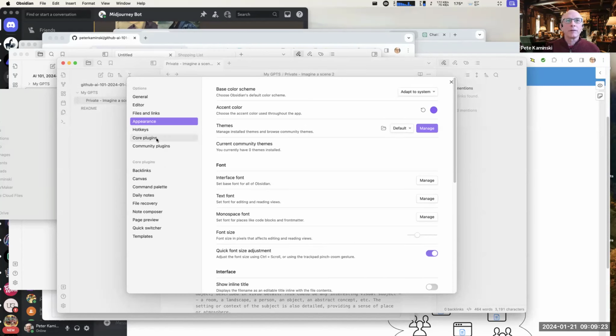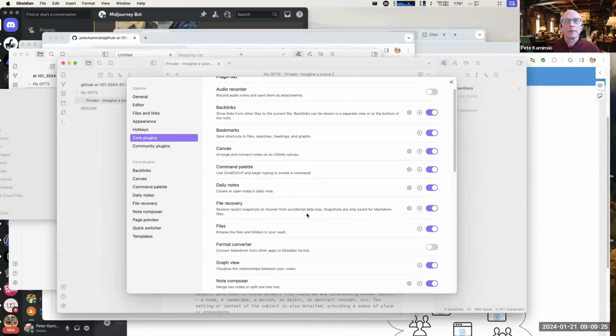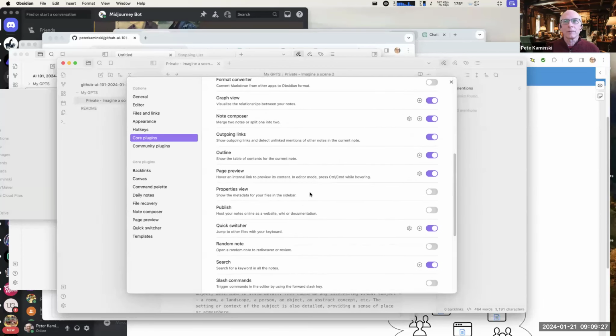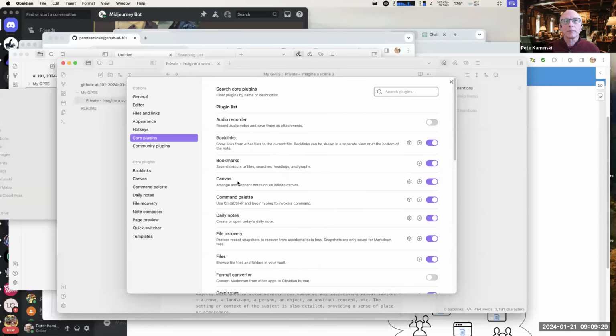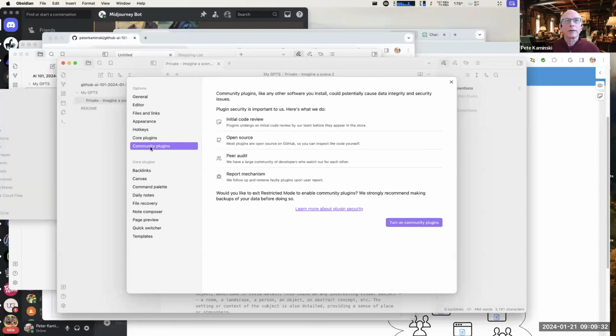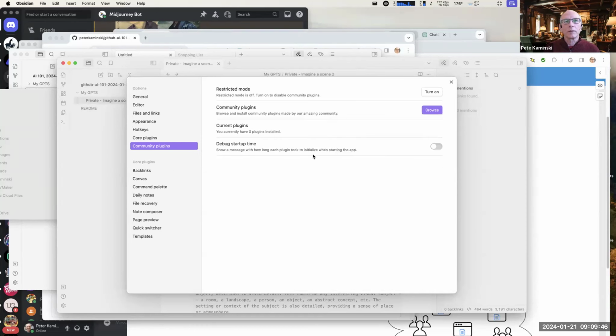So Obsidian has a really nice plugin system. There's a lot of core plugins that are mostly enabled nowadays. They used to not be so much. But then there's a thing called community plugins. These are things that are written by open source people and contributed to the community, and everybody can use them. So there's a safety thing, make sure you want to turn on community plugins. You have to be a little bit thoughtful because it's possible that a